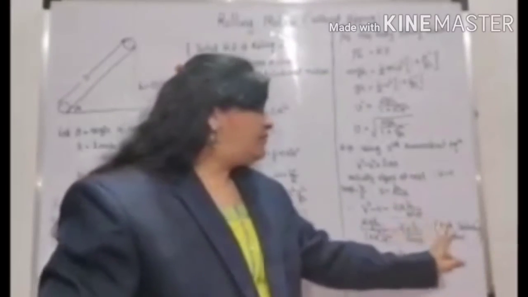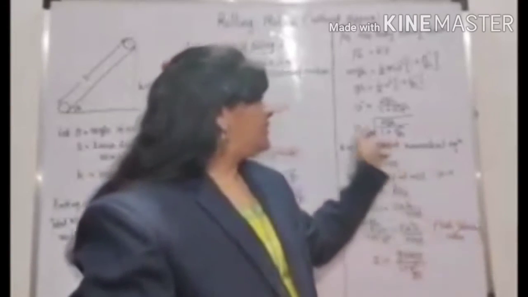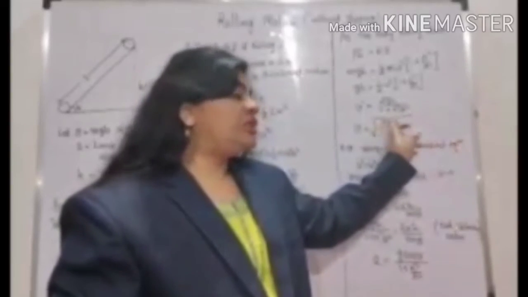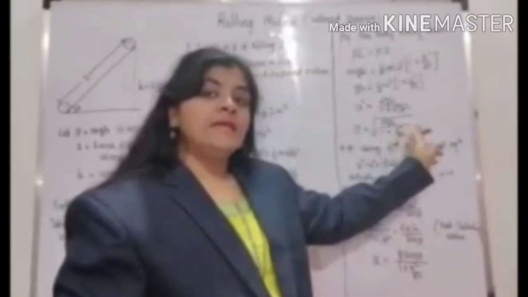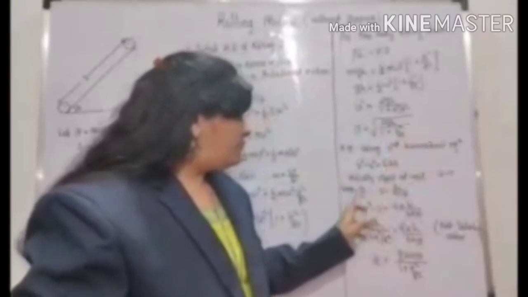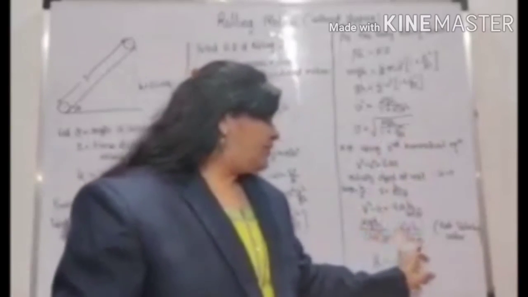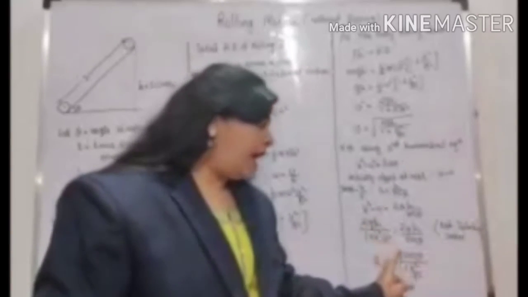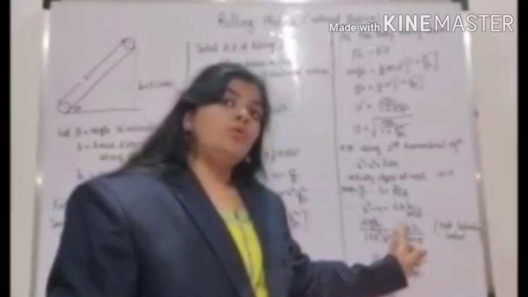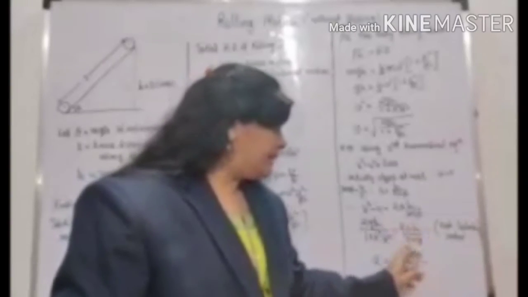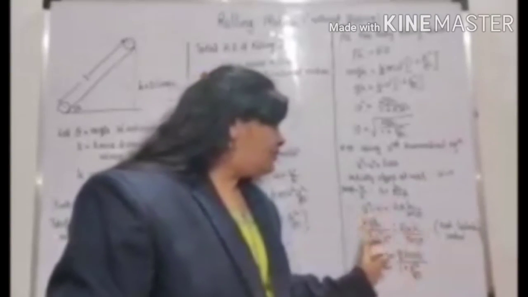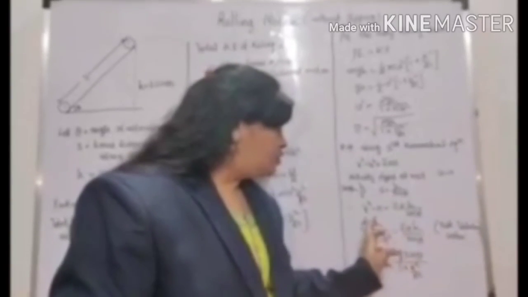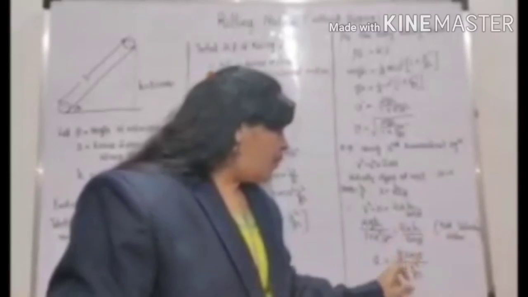Now we substitute the velocity we already calculated: v is equal to the square root of 2 g h upon 1 plus k square upon r square. After substituting, we get 2 g h upon 1 plus k square upon r square, which is equal to 2 a h upon sin theta. The 2 gets cancelled from both sides, h gets cancelled, and then we write a is equal to g into sin theta upon 1 plus